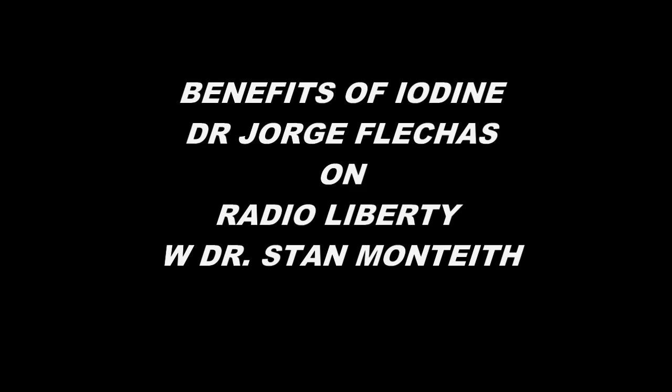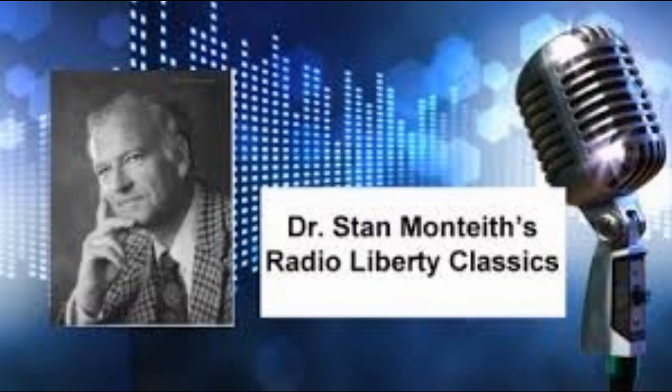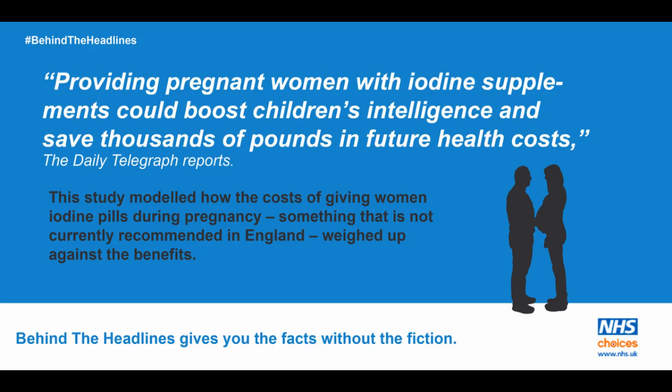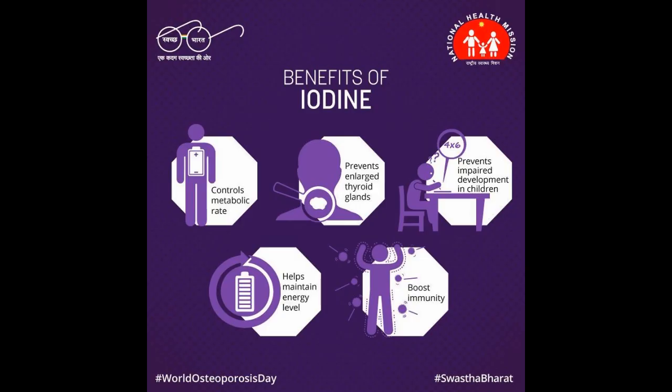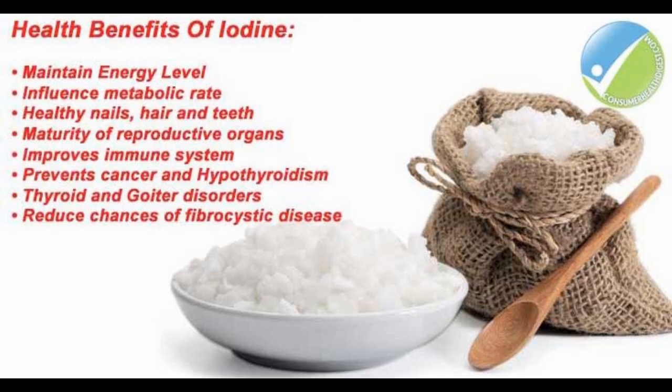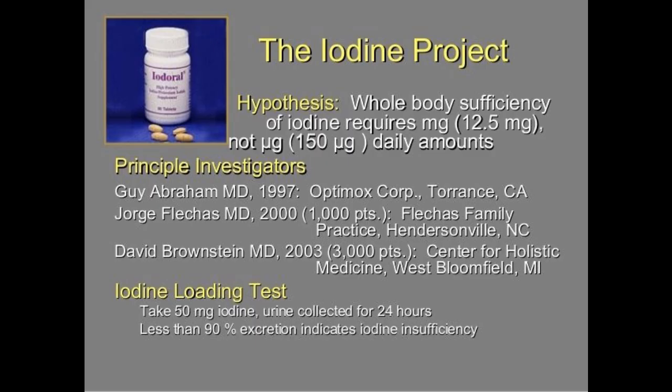Well, back in the 1990s, we were looking at trace minerals and what diseases show up when you don't have enough of certain trace minerals. One of them that we looked at was iodine. Iodine is used traditionally by the human thyroid to make thyroid hormone. In a particular study published in the Journal of the American Medical Association, they found that the absence of iodine was associated with an increase in fibrocystic breast disease.